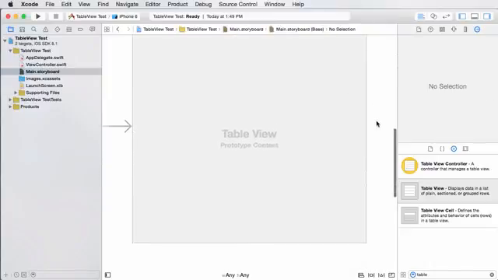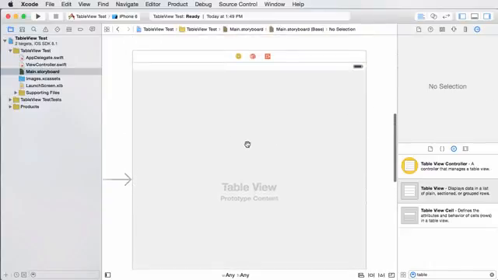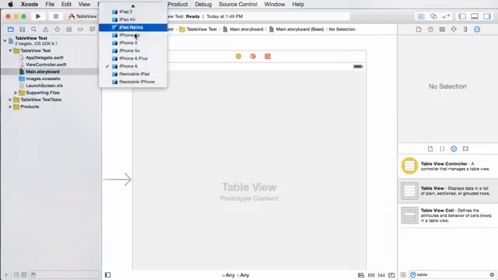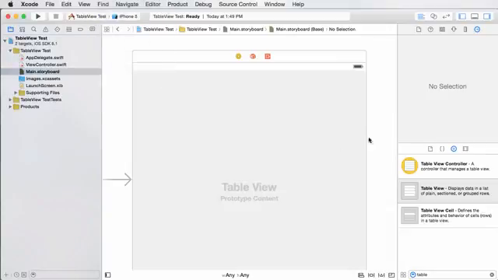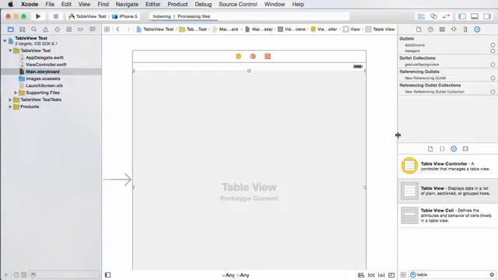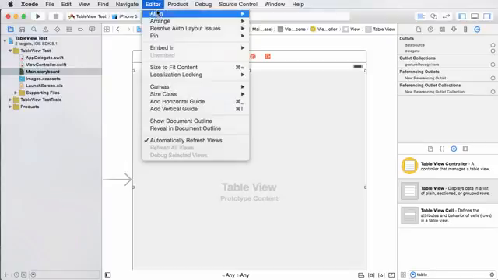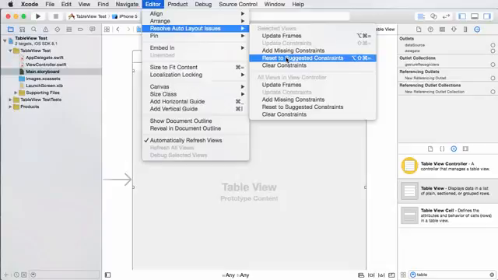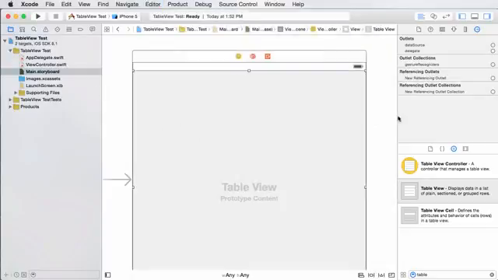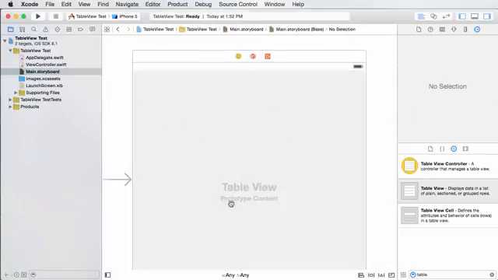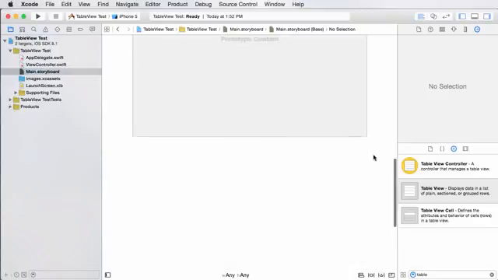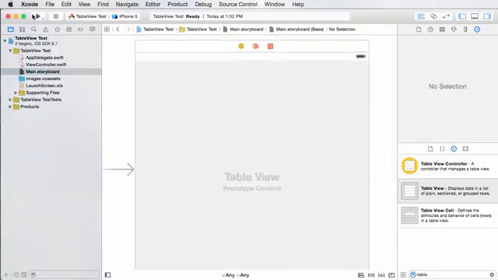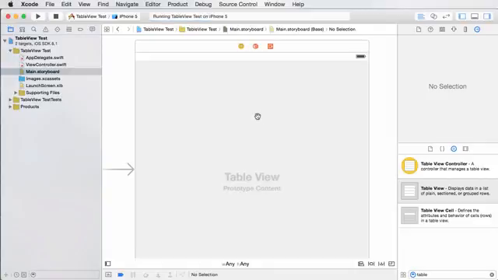And again, we want to make sure that this appears good on every device. And I'm going to be using the iPhone 5 to test right now. And we can do this in a lot of different ways. We can add constraints like before, but the real quick and easy way is if we go to editor and then we click resolve auto layout issues, we can just use reset to suggested constraints. And then we pretty much just let Xcode guess how we want our layout right now, and we can tweak it later on. But if we run this in the simulator,